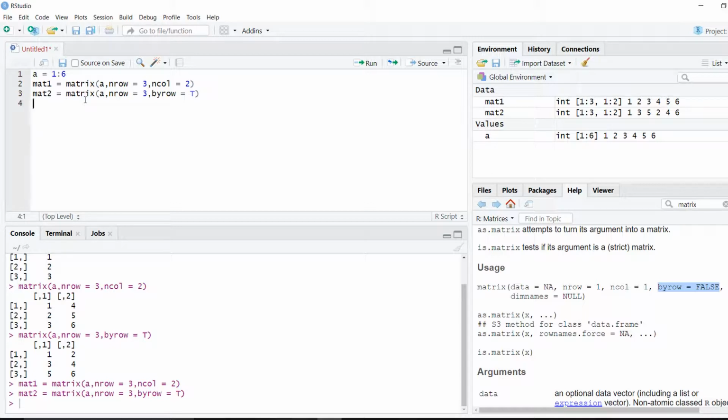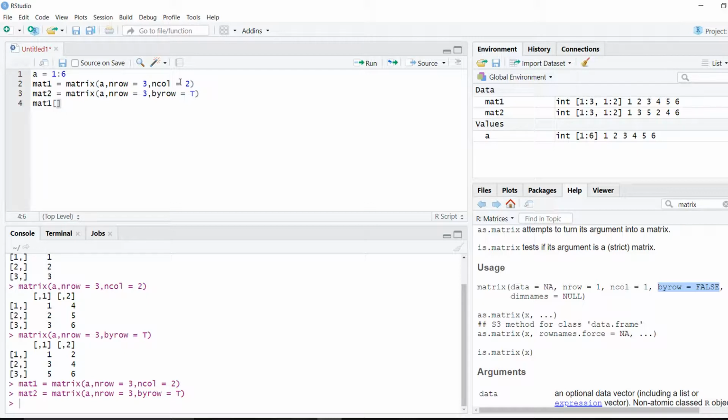Now if I want to find the first value of this matrix, it is not just 1. I'll say mat1, mat1 is my name of this object, and I'll have to put square brackets. But as in vector we only specified one value, here we have to specify two values, which row and which column.